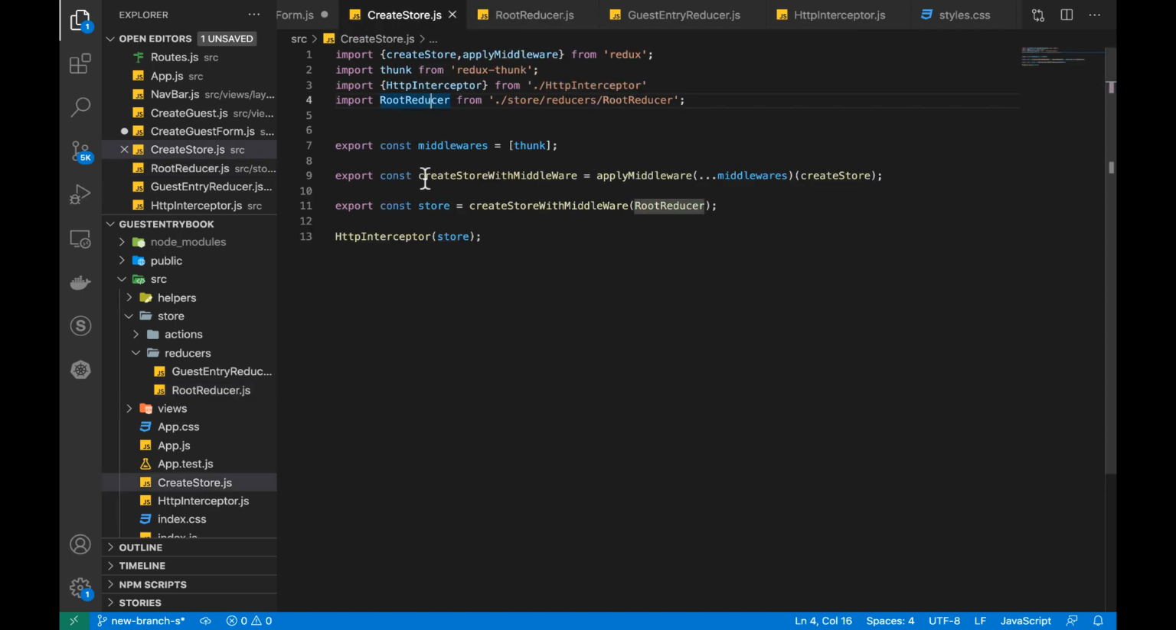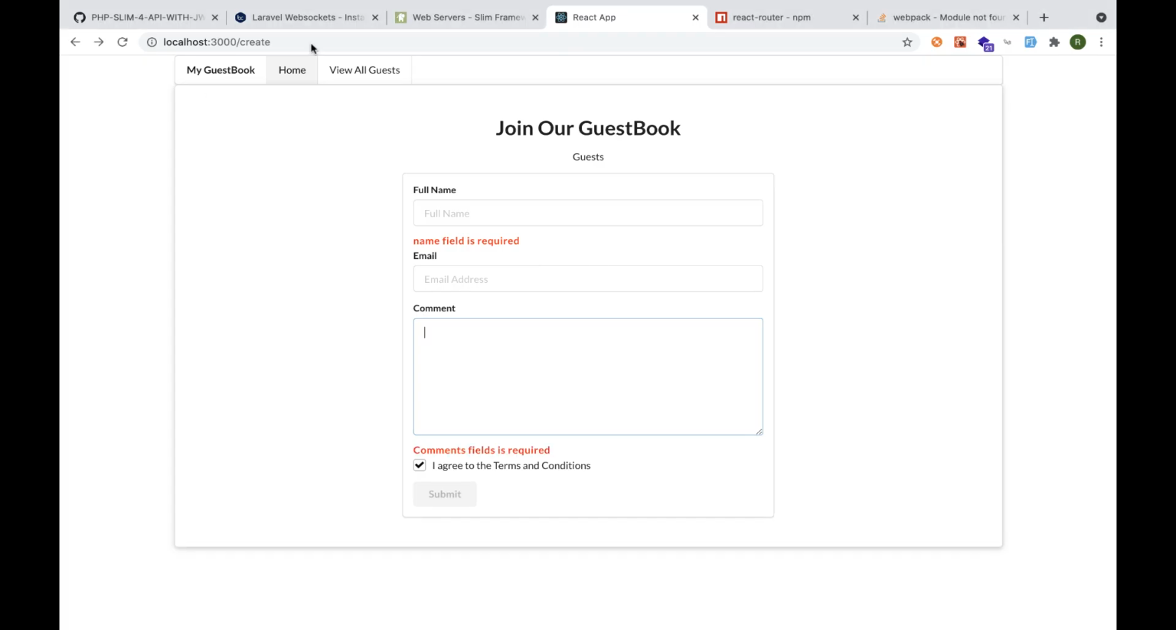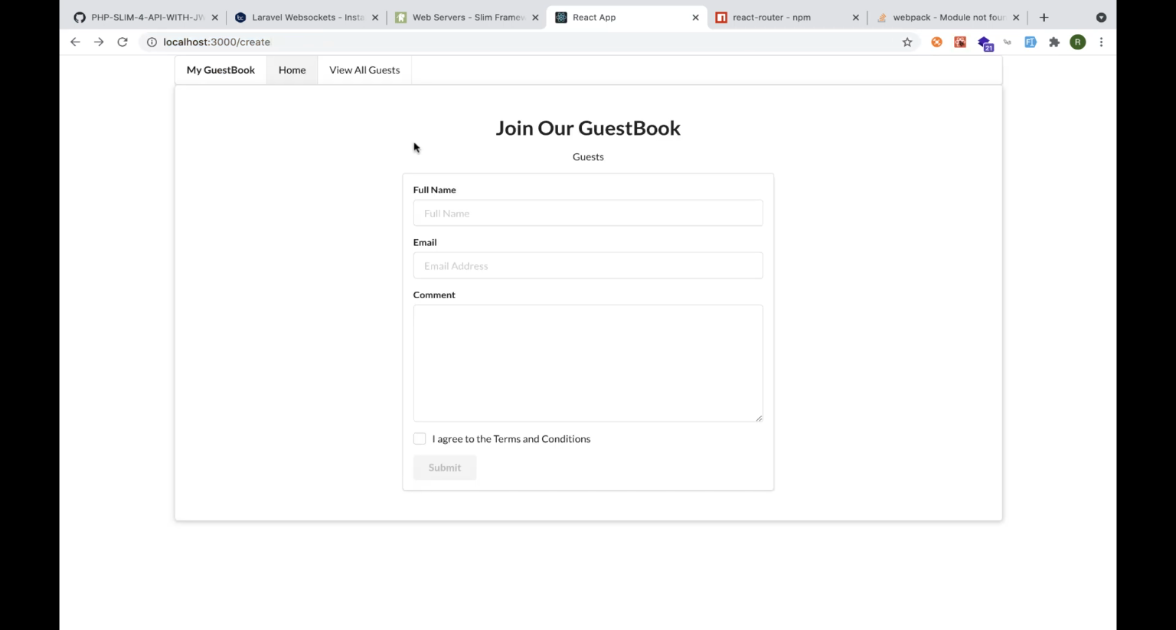So I'm going to go back to our create store, and we have created our HTTP interceptor and our root reducer, and everything is fine. So let's just save this right now. And if we head over to our browser, yep, we have no error messages. So if I refresh this now, there are no error messages. Okay, so right now that we have successfully set up our React store, what we are going to do is, in order for our application to be able to have access to our React store,